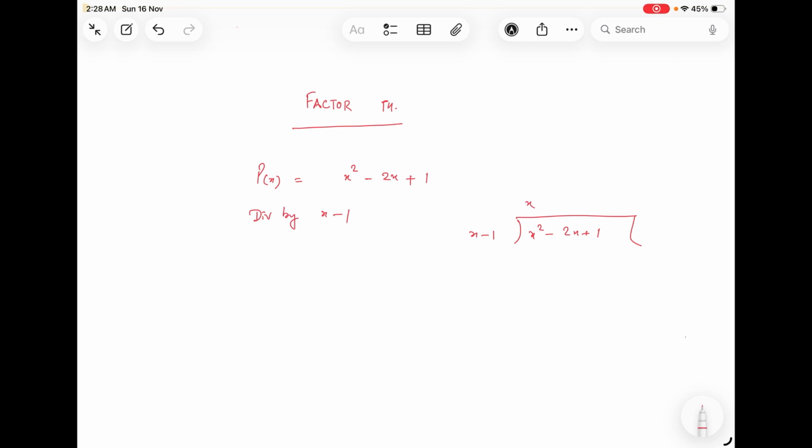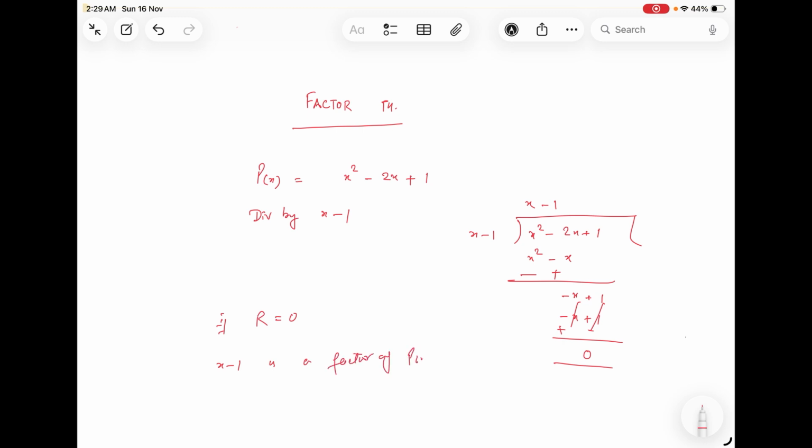I will first of all multiply it by x, I get x square minus x. I get the balance as minus x plus 1, then I multiply it by minus 1, minus x plus 1, it means the remainder becomes 0. So factor theorem states that when remainder is 0, we say that x minus 1 is a factor of P(x). If remainder comes out to be 0, we say that x minus 1 is a factor of